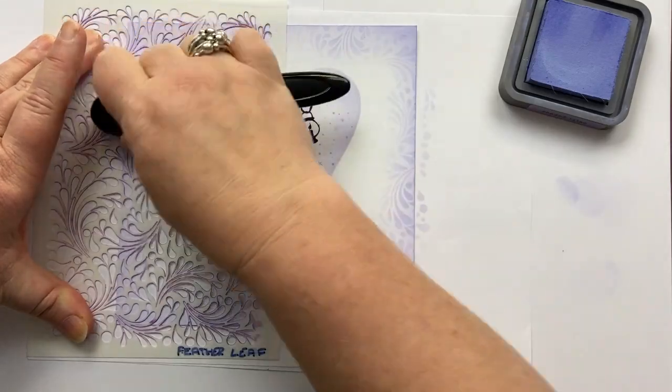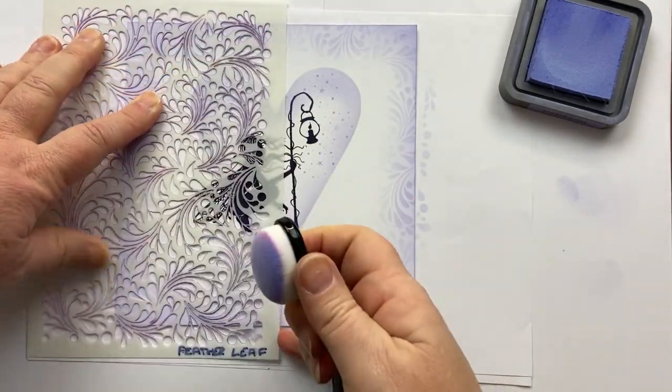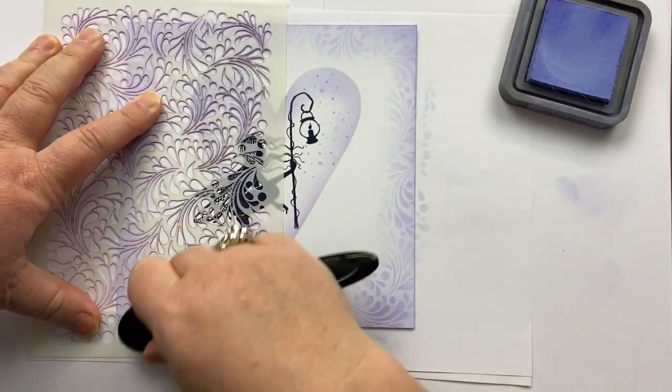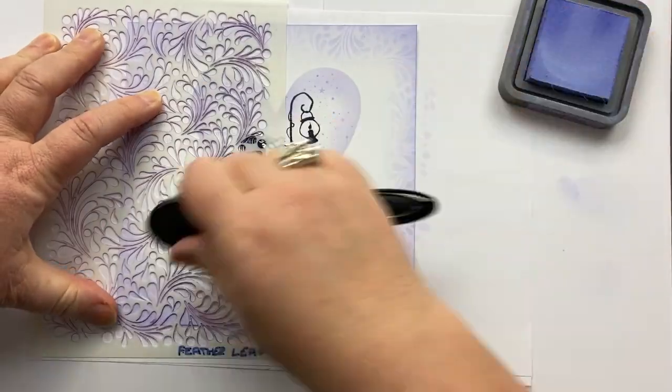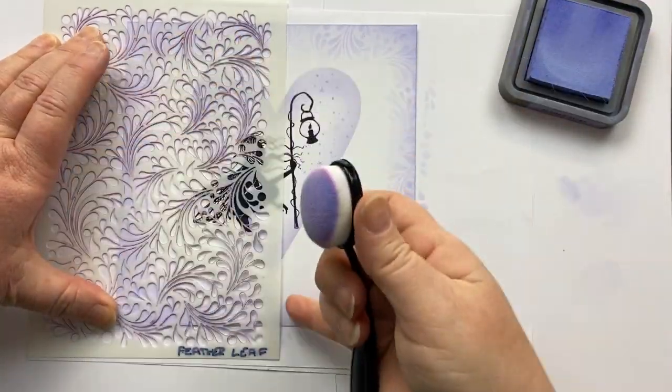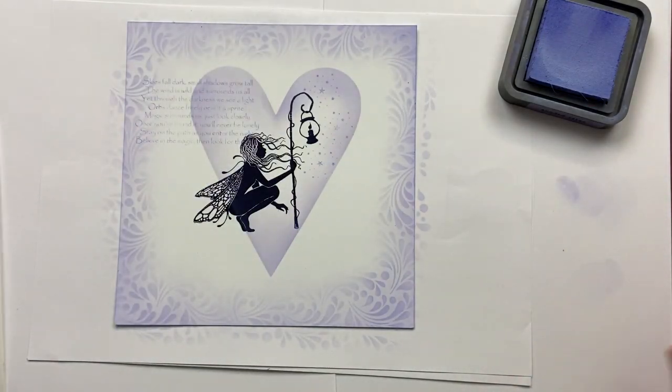And in fact, you could move the stencil around in various places around the card. As you know, sometimes I like to pick out the best pieces of the stencil, even though of course they're all beautiful. Voila. And the last thing that I'm going to do